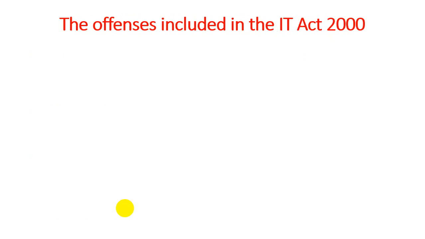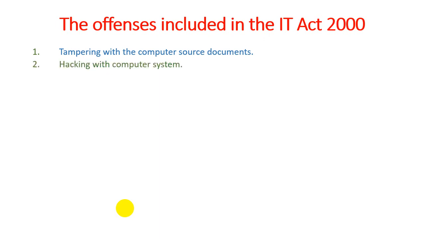Now the offenses included in the IT Act 2000, which we discussed previously, are examples of crime committed with the help of a computer. What are the different offenses included in the IT Act? First one is tampering with computer source documents. Second one is hacking a computer system. All the things mentioned in this particular slide are part of the IT Act rules. Third thing,